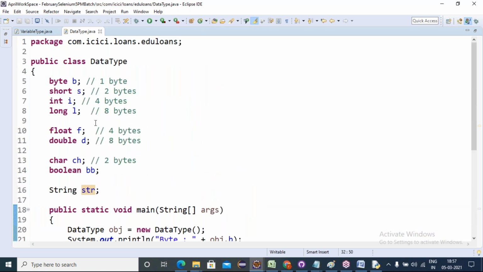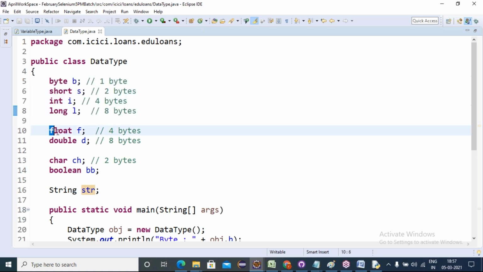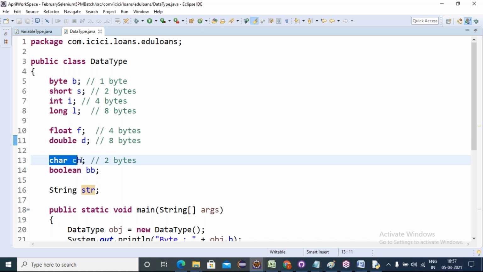What are the default values, friends? These all come under the integer category without decimal values. For byte, short, int, long, the default value is 0 for all four integer types. Coming to float and double, which take decimal values, the default value is 0.0. For char, it is a space, empty.